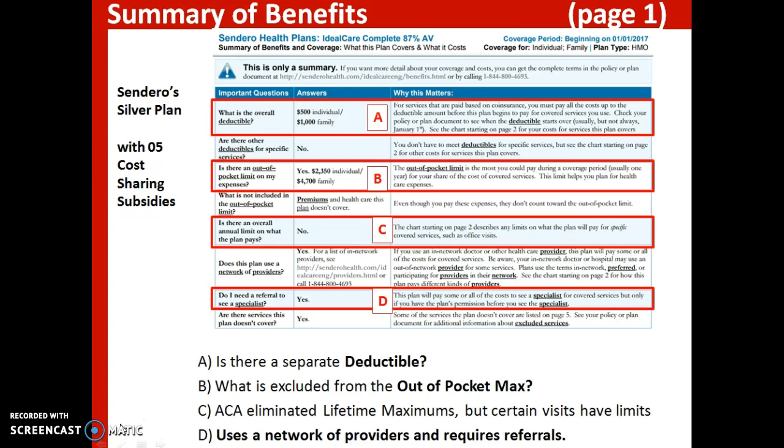Now, the summary of benefits will provide you with a lot of the same information you've already provided the consumer, but it will also give you more detail. Another thing the Affordable Care Act did was standardize the look of the summary of benefits. So pretty much the first page in any summary of benefits will look the same. You'll notice things included here such as the deductible, the out-of-pocket max, the fact that there's no overall annual limit on what a plan pays. This is something done away with by the Affordable Care Act, what's called lifetime maxes or annual maxes. You'll notice too this plan does use a network of providers and that you need a referral to see a